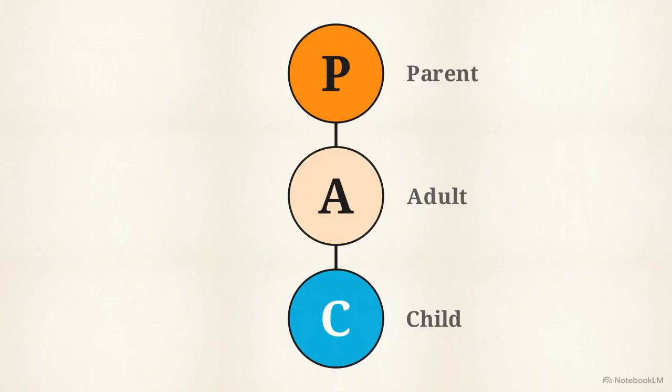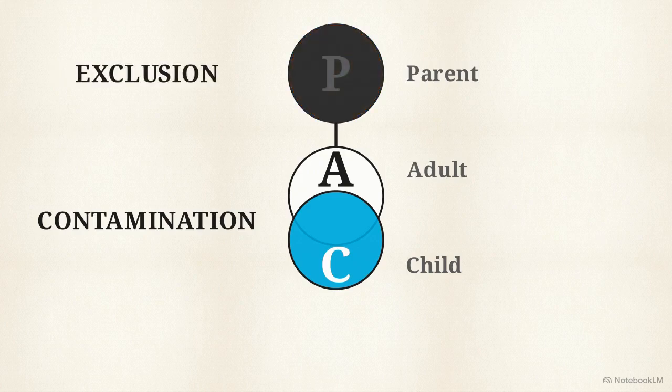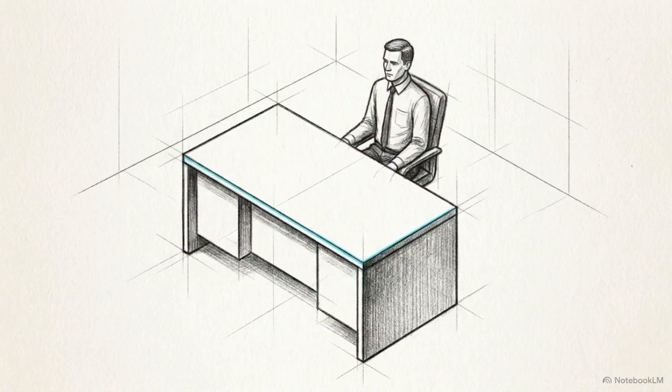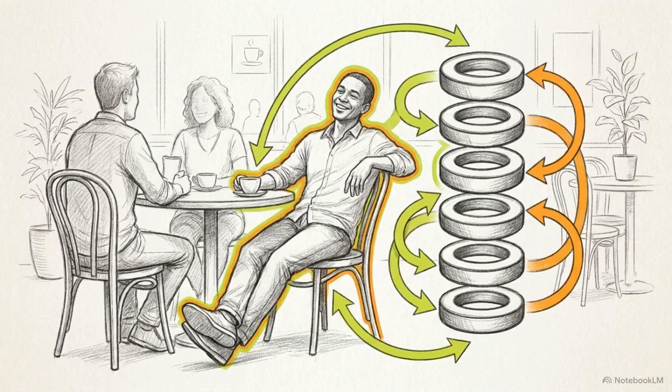The reverse is equally damaging. When raw emotion of the child contaminates the adult, internal fantasies are processed as external reality, resulting in delusion. Total systemic failure is known as exclusion, occurring when ego nodes are completely severed and blocked from the system. The clinical outcomes of exclusion are severe. A system without the child node becomes a rigid, joyless neurosis. Conversely, because the parent node houses our learned social rules and conscience, its total exclusion removes the internal moral restraint associated with psychopathy.